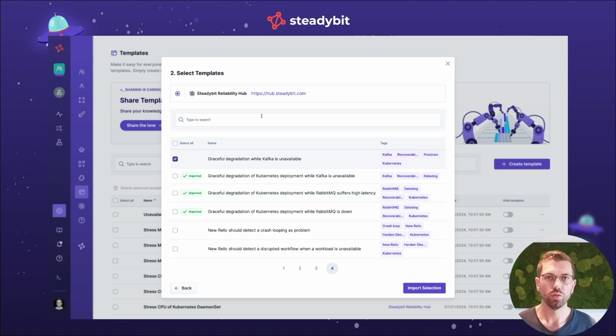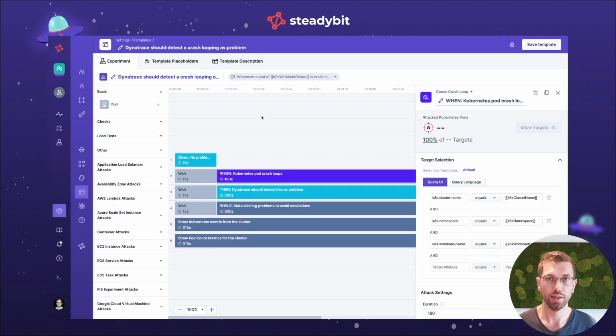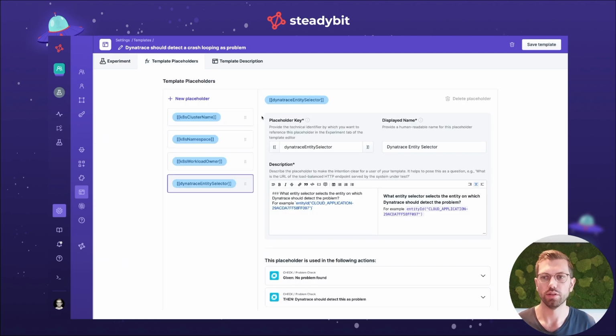And whenever you want to create your own template, you can simply do that in Steadybit by using the template editor. It's a similar drag and drop editor as you're used to from the experiments, but with the additional power to create template placeholders, which are actually values that need to be identified from the user when using the template, and it results in the nice wizard that we saw earlier